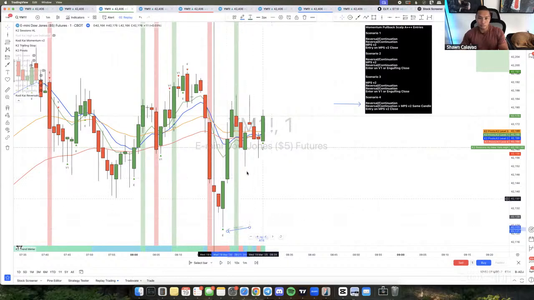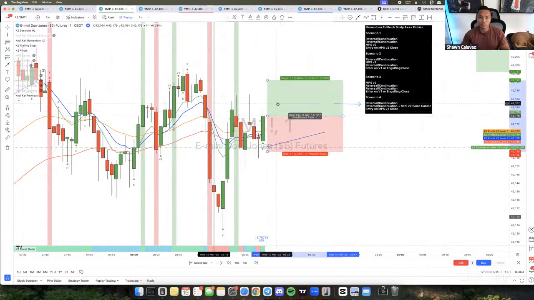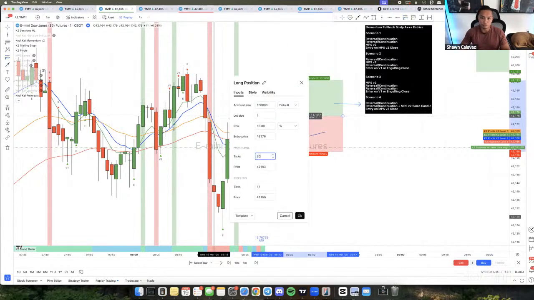Then this is not a good example because it lines up on the same level, but you get the gist of it. Basically, you have an engulfing right here. You get a buy signal, price retraces down a little bit, and then this candle pushes above this momentum. So this one is an MPSv2, but it also has an engulfing candle, right? So it's engulfing plus it's an MPSv2. So when you have that set up, you got that linked up right there. And then same thing that we just talked about.